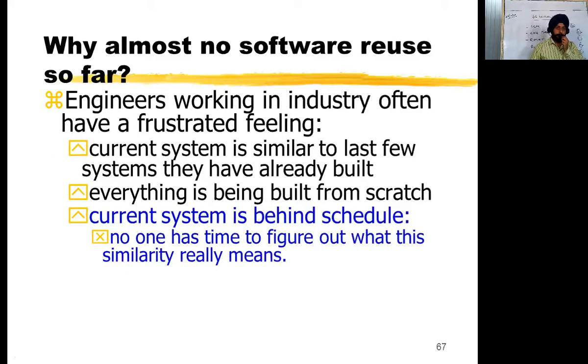Next. So why has almost no software used this so far? Why were we not making use of the feature of reusing these different modules? Because there was a lack of knowledge and the industry was not open. So now the industries are open. They are ready to share information from one product to another product, one process to another process, or even one company to another company.